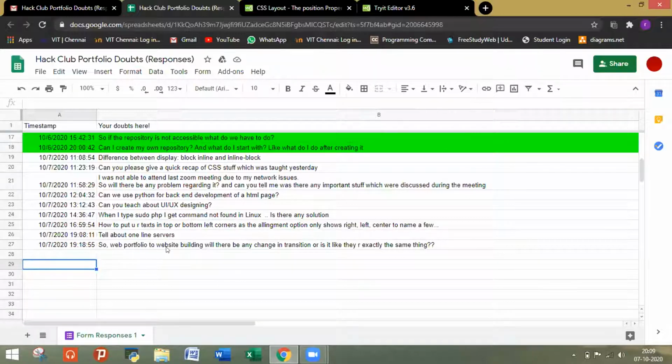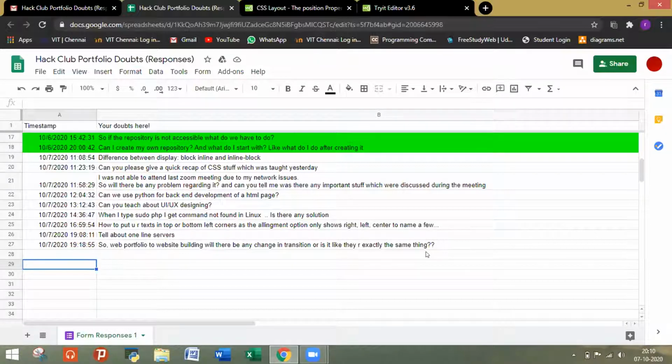So, web portfolio, website. Who's going to answer this? Nikhil, Sonik? Web portfolio to website building, will there be any change in transition, or is it exactly the same thing? See, web portfolio is for your own achievements, what you have done in your past and what you have achieved till now.